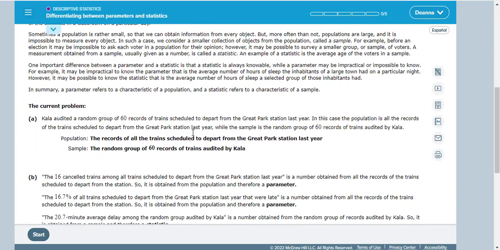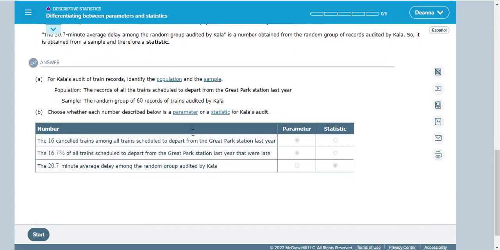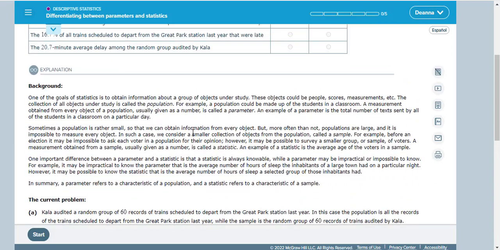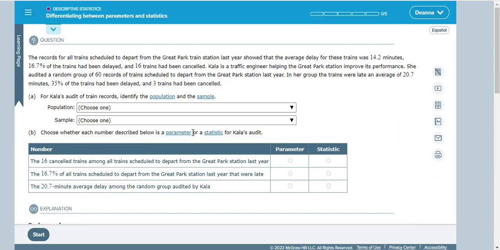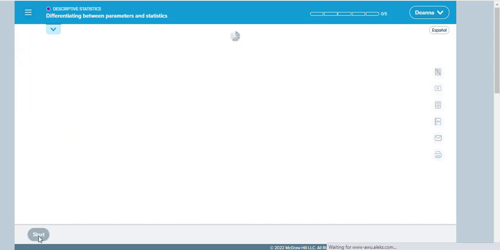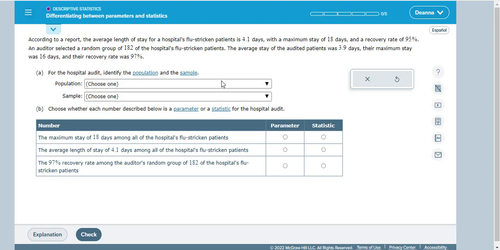You can read through the start page to get an understanding or help you understand what's going on in that module. But if you watch my lecture videos, you will be prepared for the work that you're expected to do inside the module. So I'm going to go ahead and hit start. Be sure you read the problems carefully and then select your answers. You've got to answer 3 questions in a row correctly in order to be able to move on to the next module. So I'm going to go ahead and answer this question.